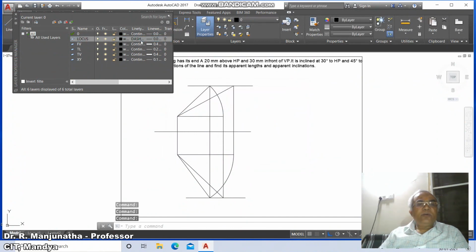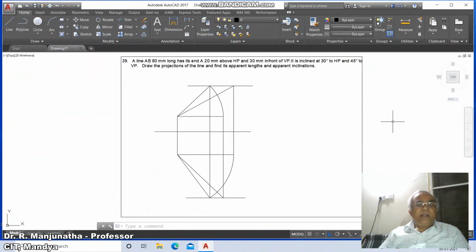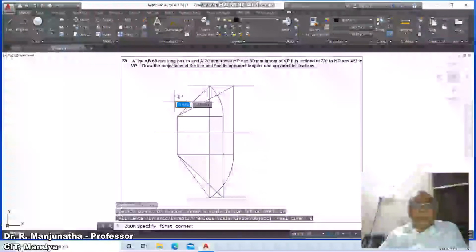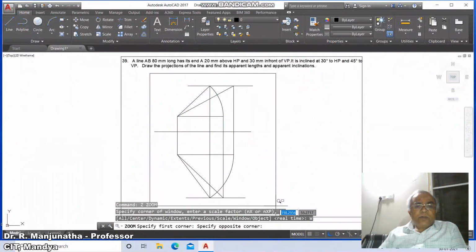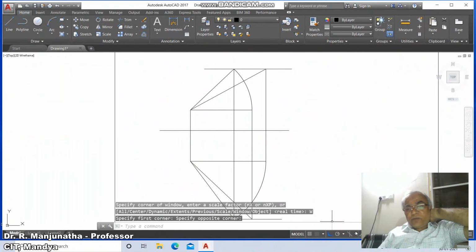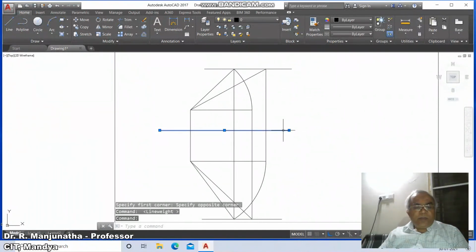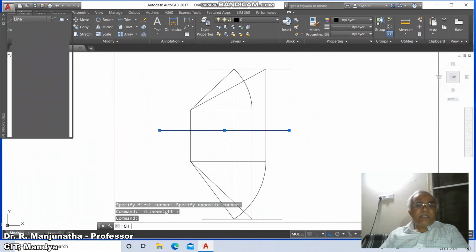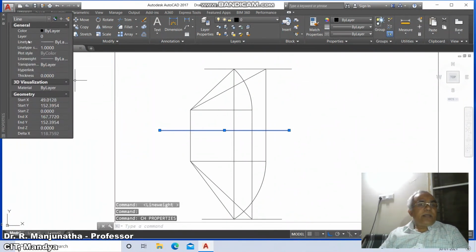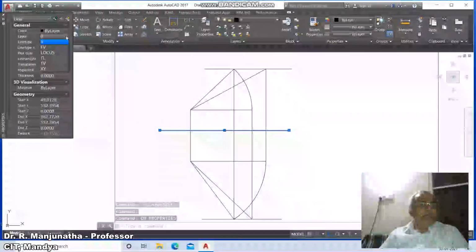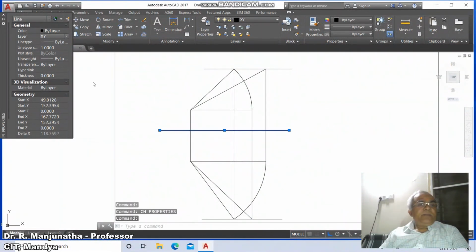Now the line type is going to become dash dot here for the locus. Now you just close this, and here first we will change all these parameters. First we will enable the line weight. You just click on this line and make this line XY, change the layer as XY line. Go to layer and mark this as XY line.